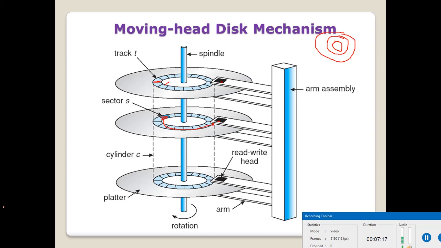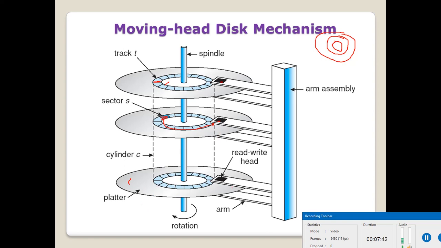Now coming to the read-write head. A disk, this is a platter. It may be a single-sided platter or a double-sided platter. Single-sided platter means only one side of the platter can be used to record data. Double-sided platter means both sides can be used to record data.